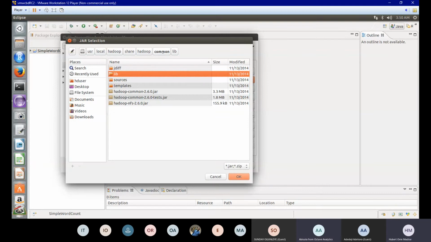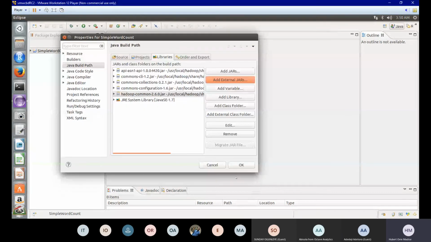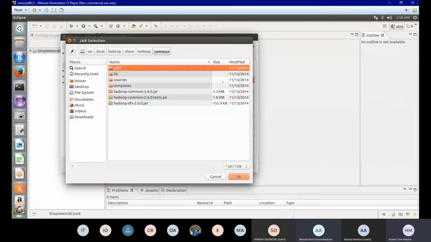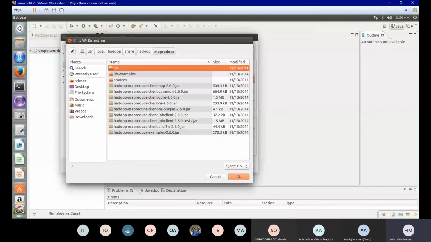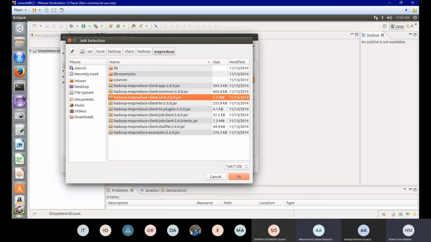Click on that place. Yes, you're right. I've clicked on it already. Okay, cool. So you should see it there. So Hadoop dash common. Okay, this guy then. Next one, we have to go to Hadoop now, and then map reduce. And then Hadoop blah blah blah with the 2 on there. So all these word files are just files for our example. You probably have your own file if you wanted to do your own project, but these are sample files for our project for today.